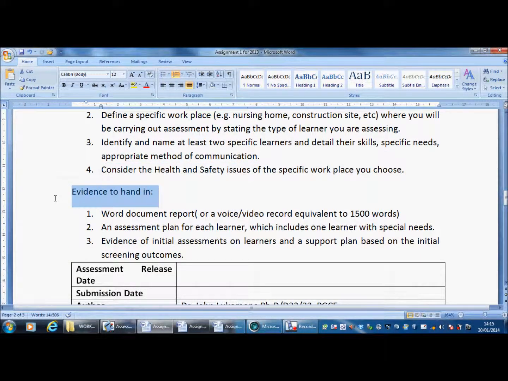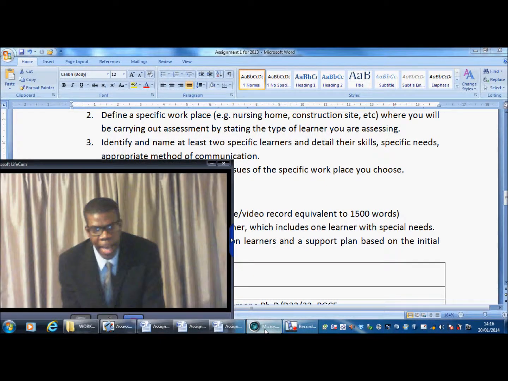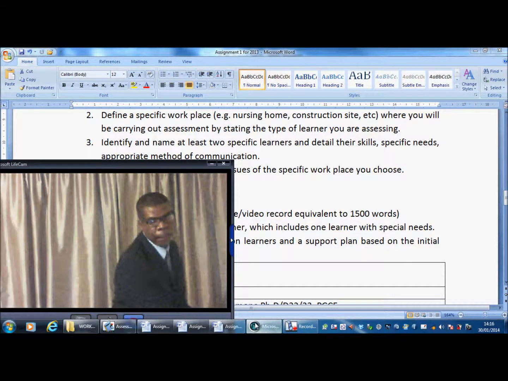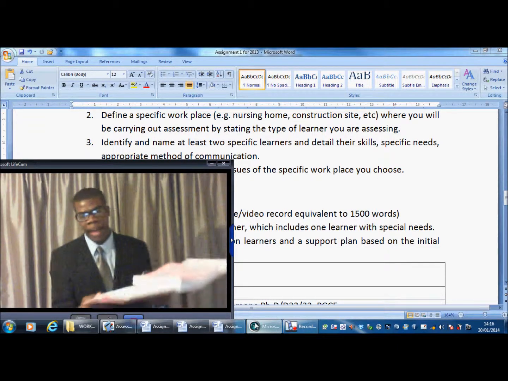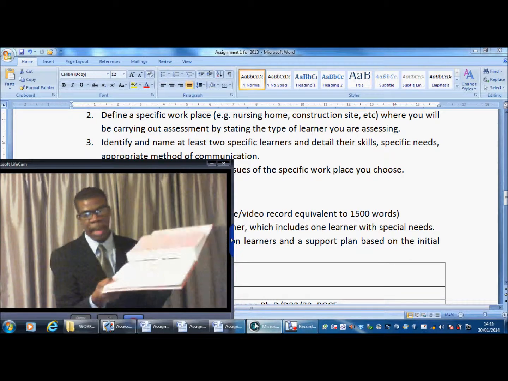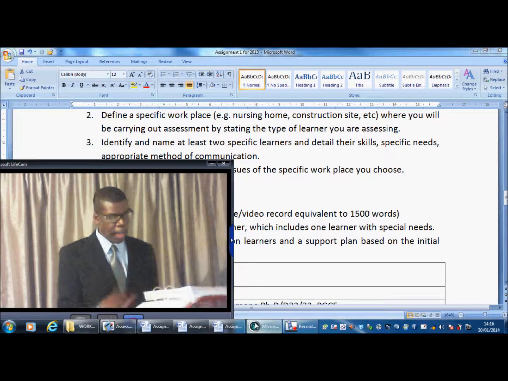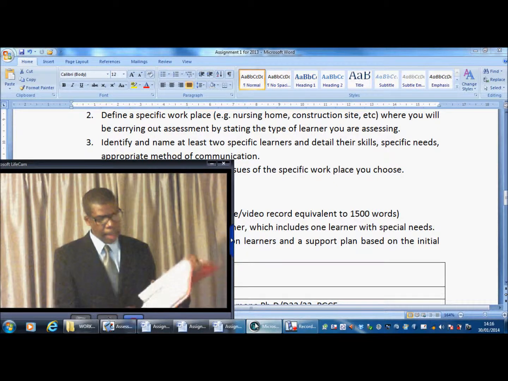This is very critical now. Evidence to hand in. Now, when we say evidence to hand in, I'll just grab a folder here. At the end of the day, we want every kind of person to come with a folder. Open folder like that, with a lot of evidence put in. So here, for example, this candidate